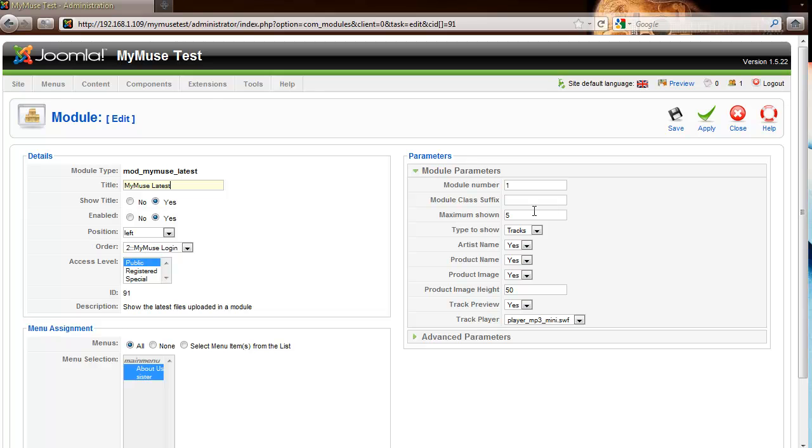You can tell it how many items to show, and whether you want to show tracks or albums, whether you want it to show the artist name, the product name, whether you want it to show the image. If you do, you can set the image height. Do you want to show a track preview if you're showing tracks? If you do, you can choose a flash player. You may want to choose a small one, like this mini, as it's showing up in a module. Save your changes,